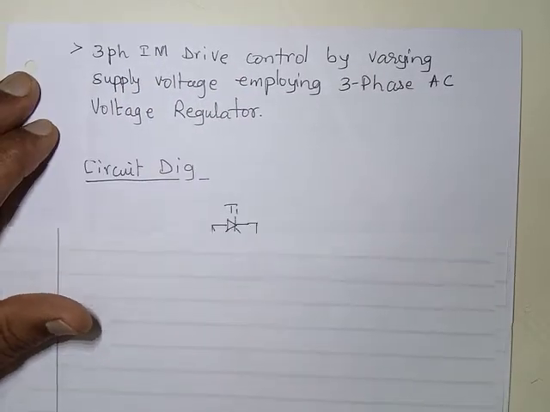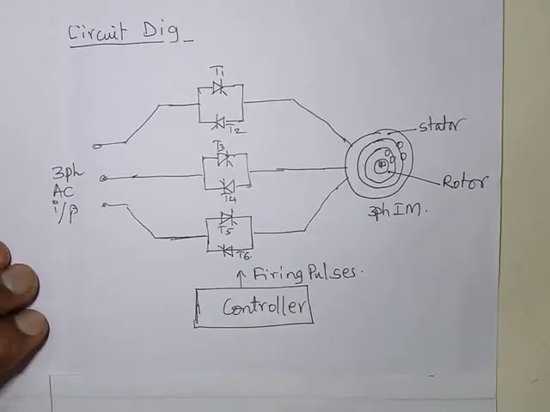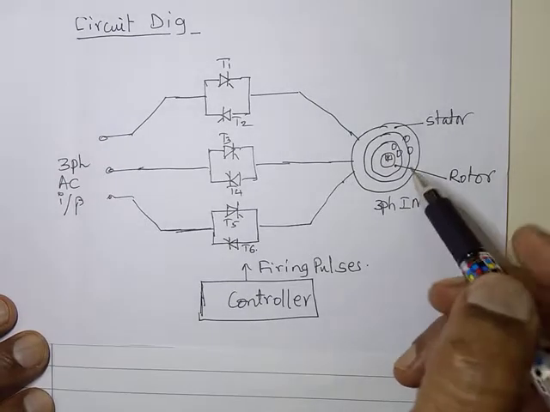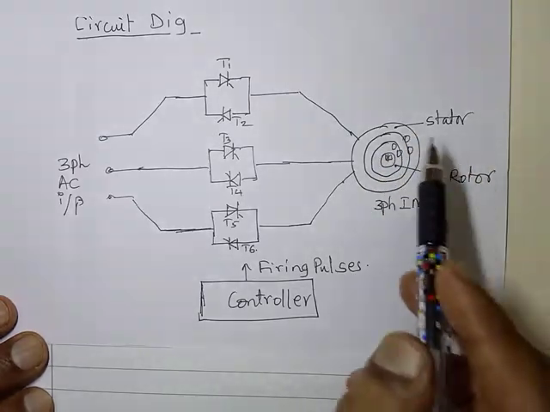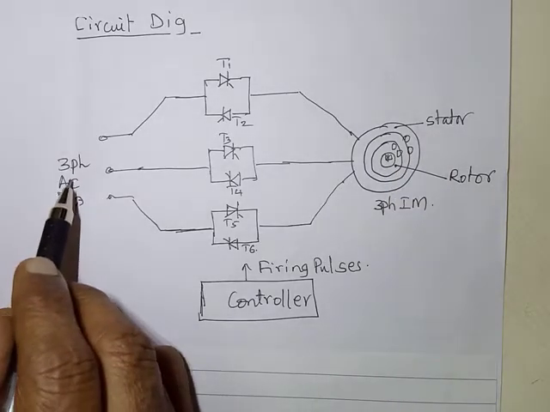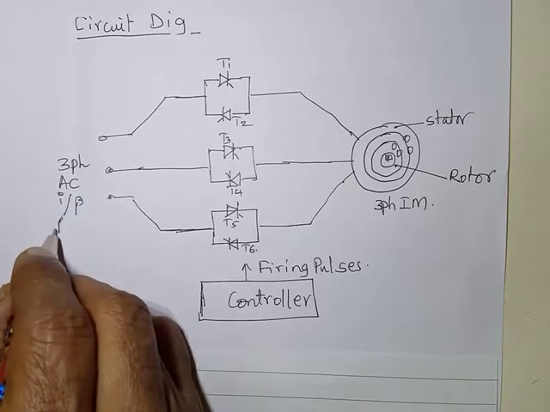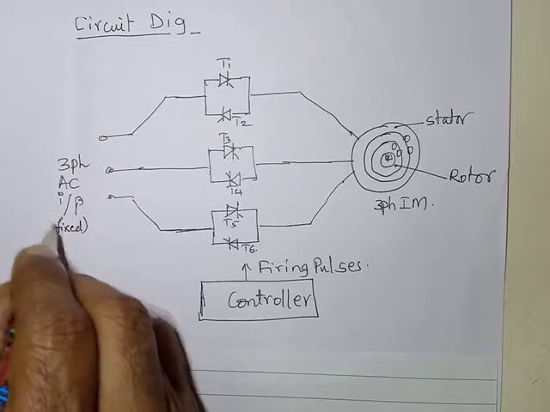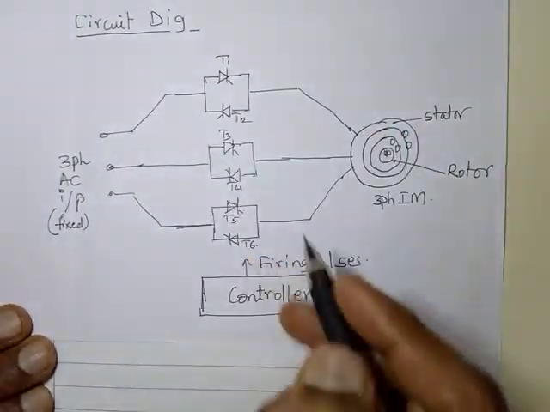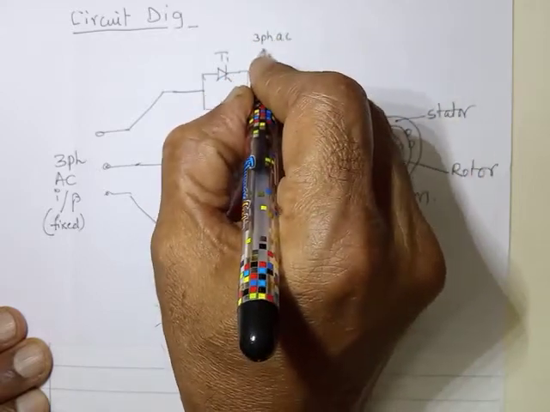Okay, so the scheme, the circuit diagram looks like this. Have a look at it. See here, we have a three-phase induction motor. Its stator is there, its rotor is there, and then the three-phase AC input is there. This three-phase AC input is fixed, whereas we use a controller. This is the three-phase AC regulator, three-phase AC voltage